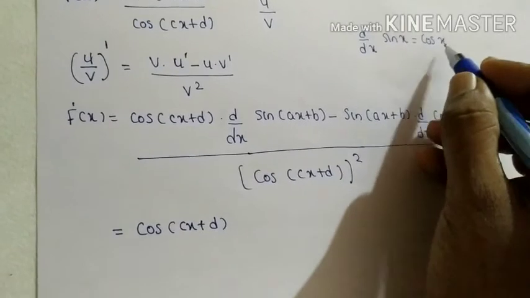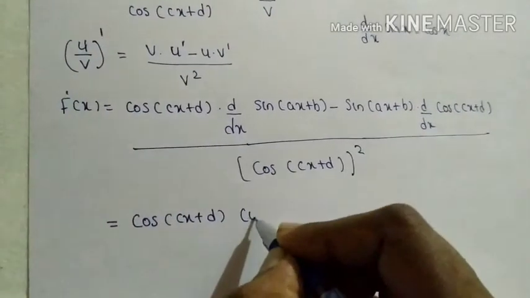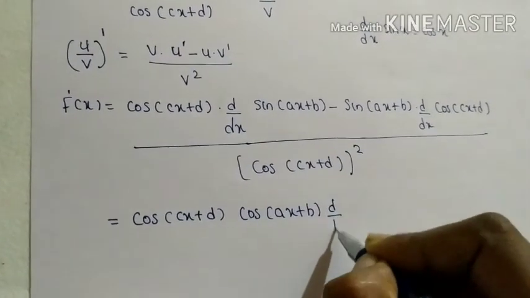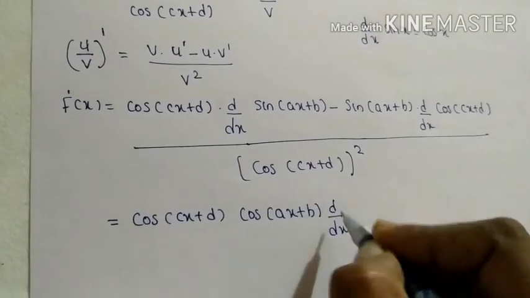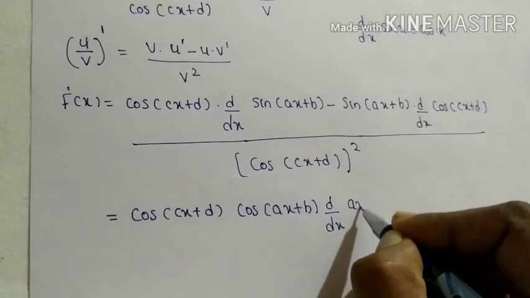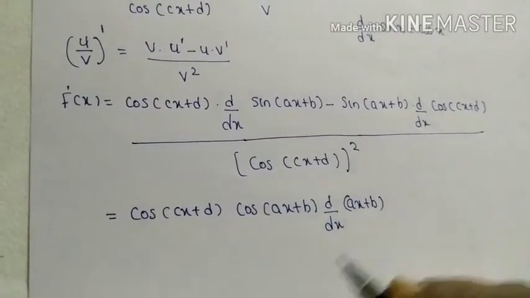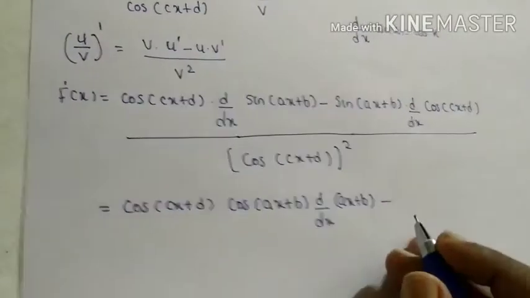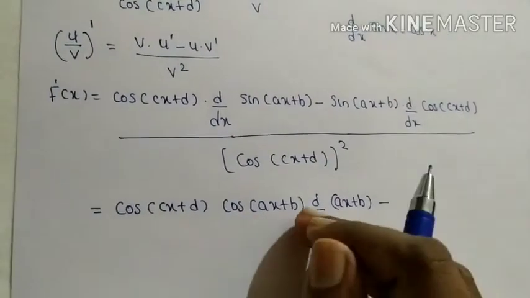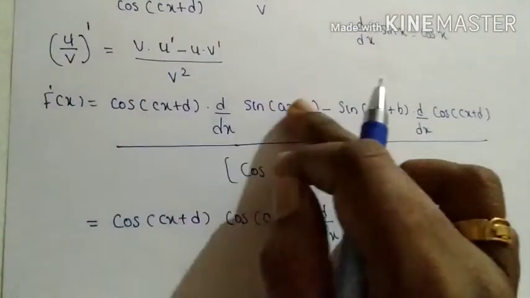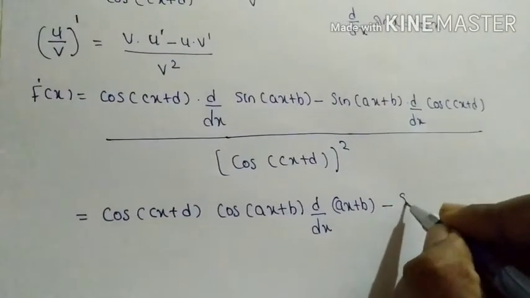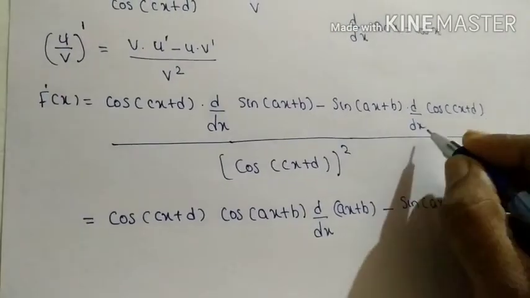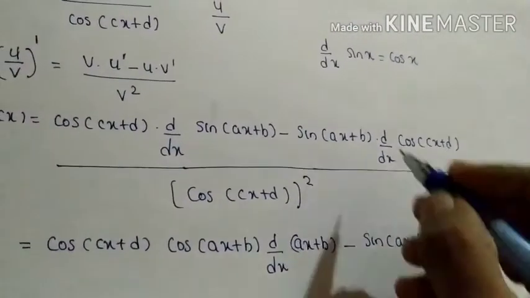Okay, x is replaced by ax plus b. So cos of ax plus b into derivative of the next function. Here the function is ax plus b, minus, next one is second term,